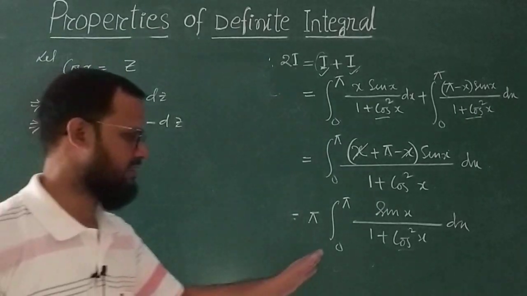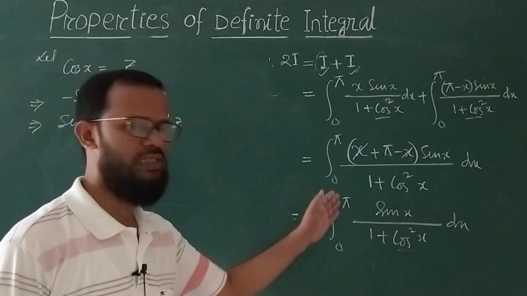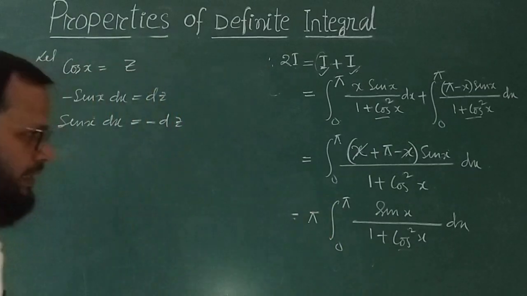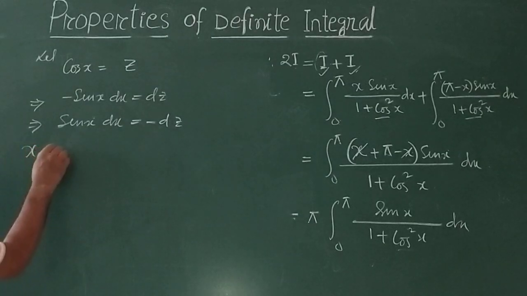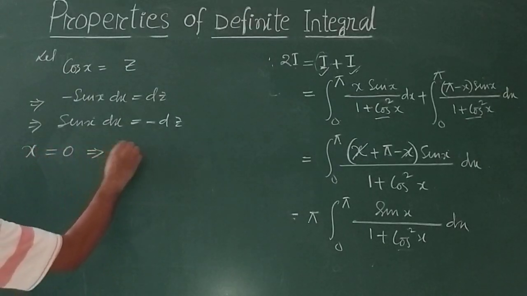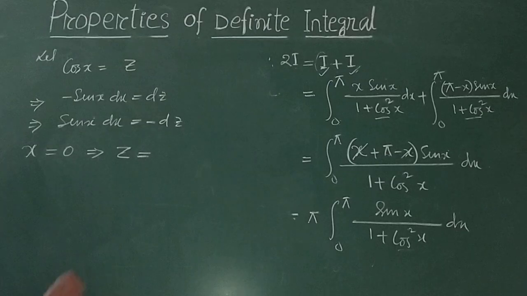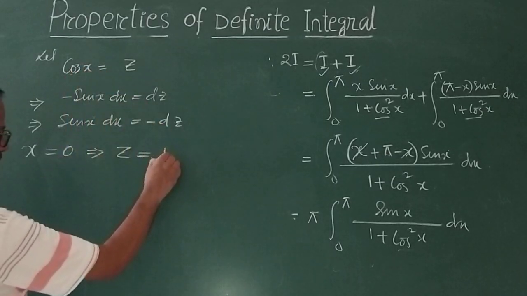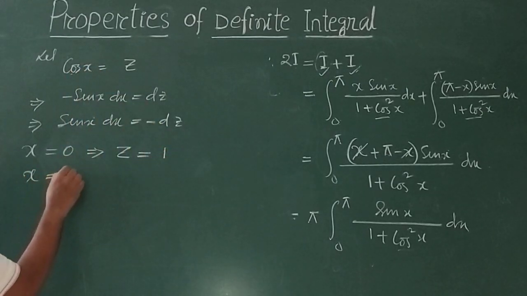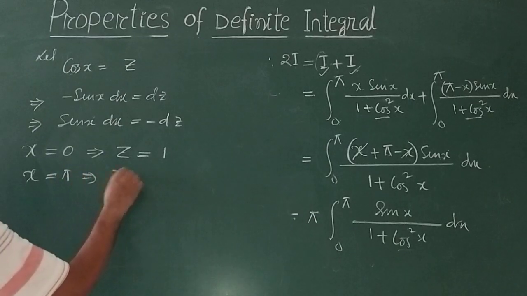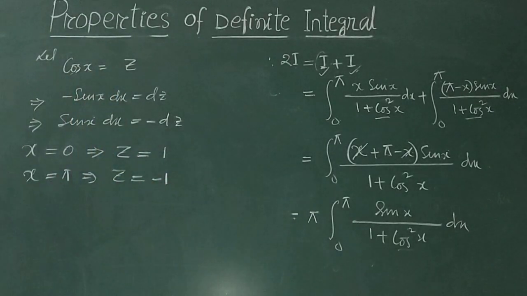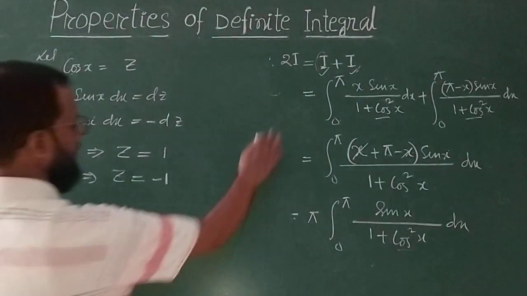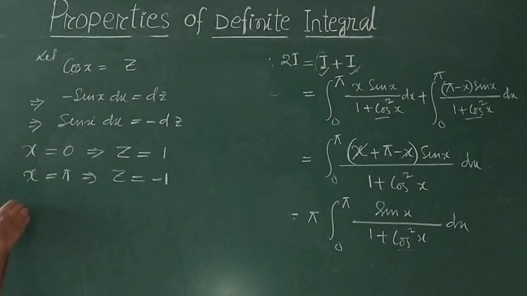In the last class I already told you that you have to change the limits also accordingly. These are the limits of x. X equal to 0 implies z equal to cos 0, which is 1. And x equal to pi implies z equal to cos pi, which is minus 1. Understood? Therefore twice I equal to